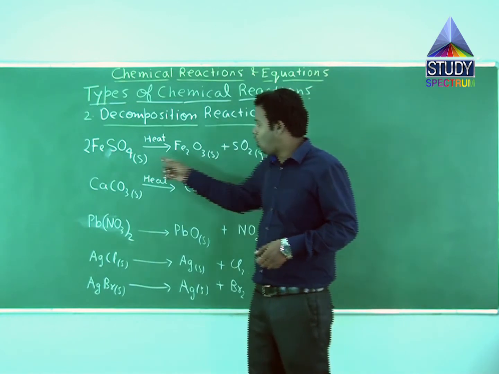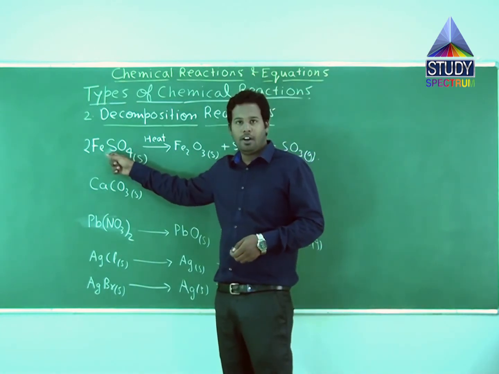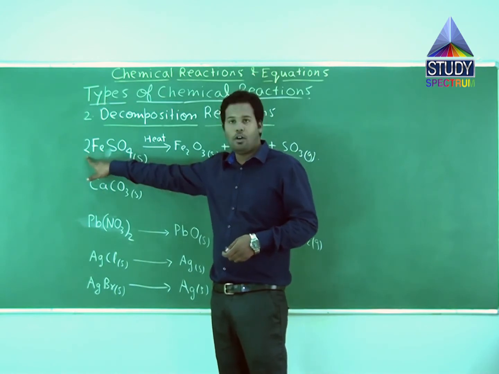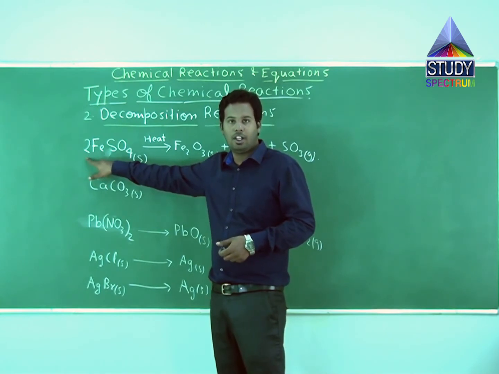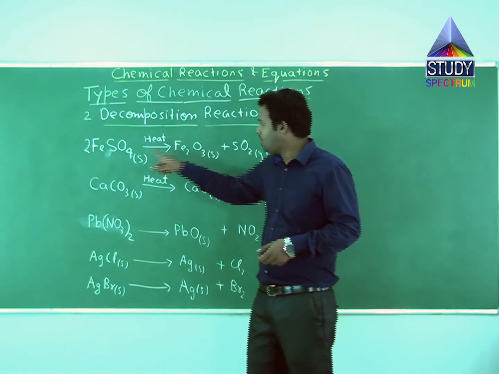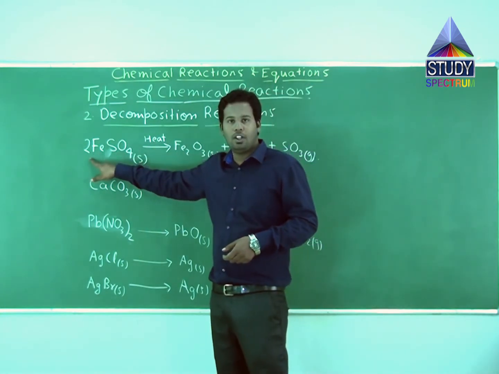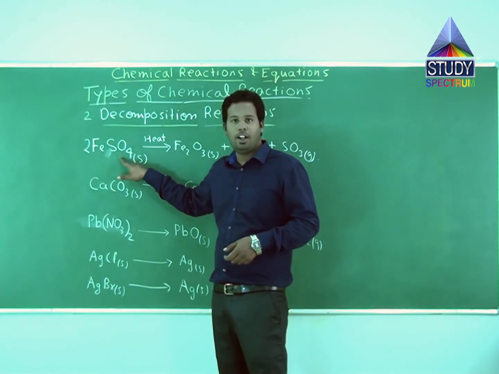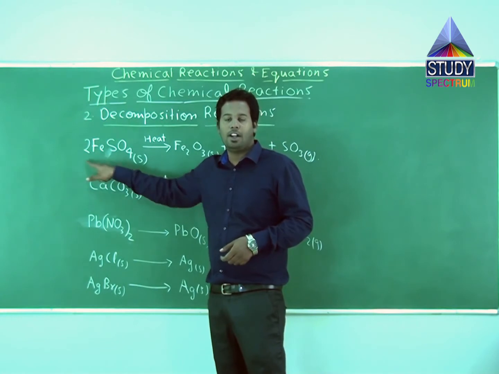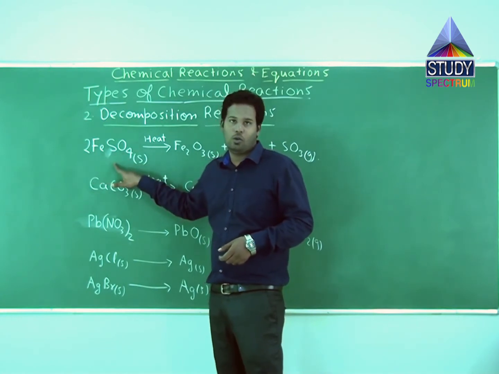Correct? Now if we talk about the second element, that is sulfur, in LHS, the single reactant FeSO4, the stoichiometric coefficient of this reactant is now 2. Earlier it was 1, I have changed it. Why? Just to balance iron in LHS and RHS. The suffix of sulfur in this compound is 1 as nothing has been written. So the number of atoms of sulfur in this reactant will be 2 into 1, that is 2 atoms.